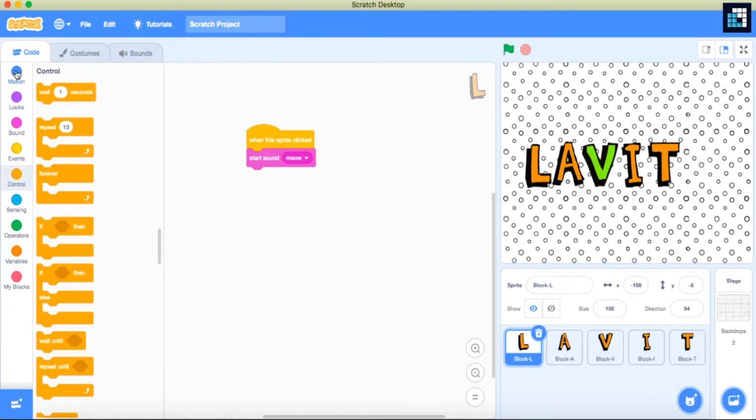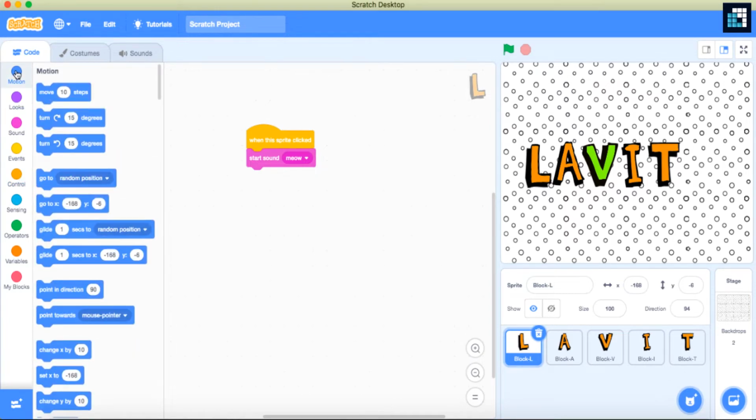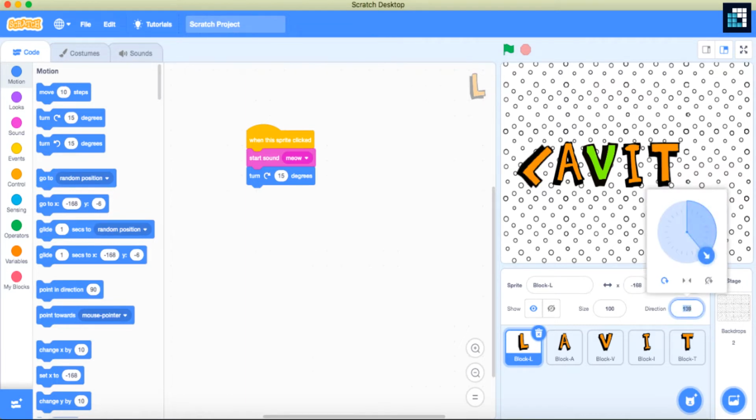For this, my friend, you need to go to the Motion category, because it represents the motion, and drag and drop turn 15 degrees. You can also change this degree to 30 or whatever degree you want. Now when I click on it, it is just changing. Here, let's say we need to